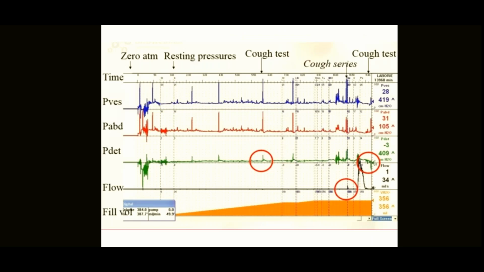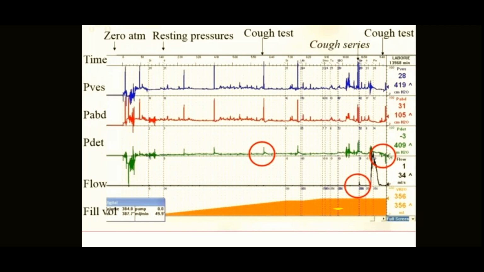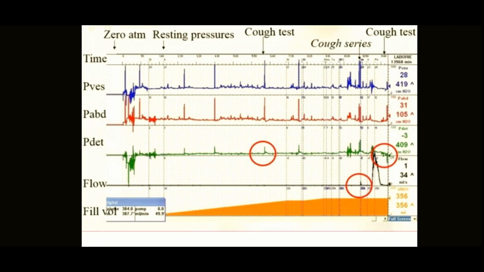Again here the patient is asked to cough, and with the cough there was a leak. Though it can be seen that there is a little increase in the detrusor, remember that small spikes can be artifacts, and you have to see that the spike is not as big as the changes in the bladder and the abdominal pressures. So this is a stress incontinence.